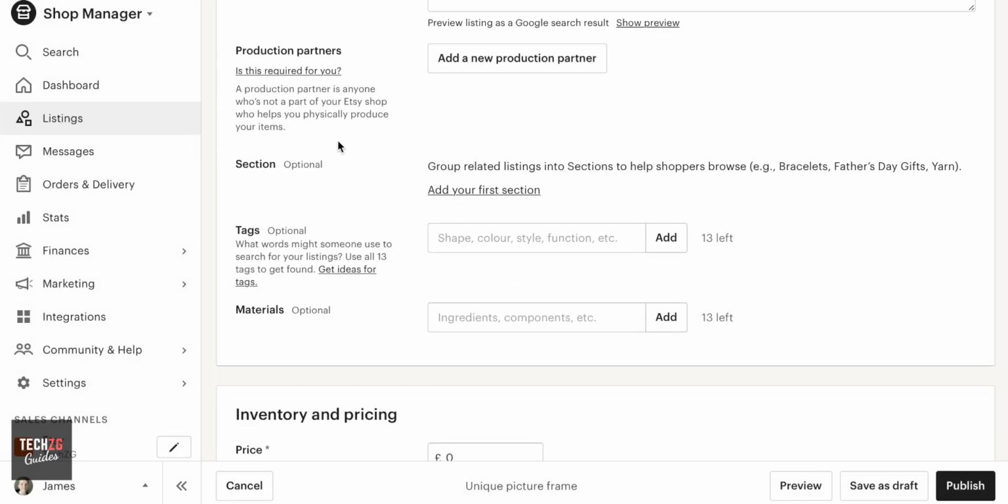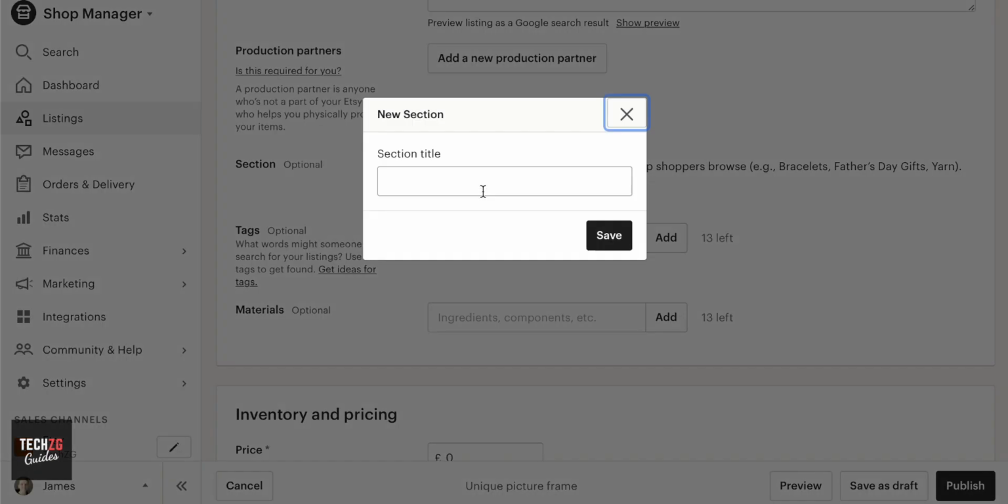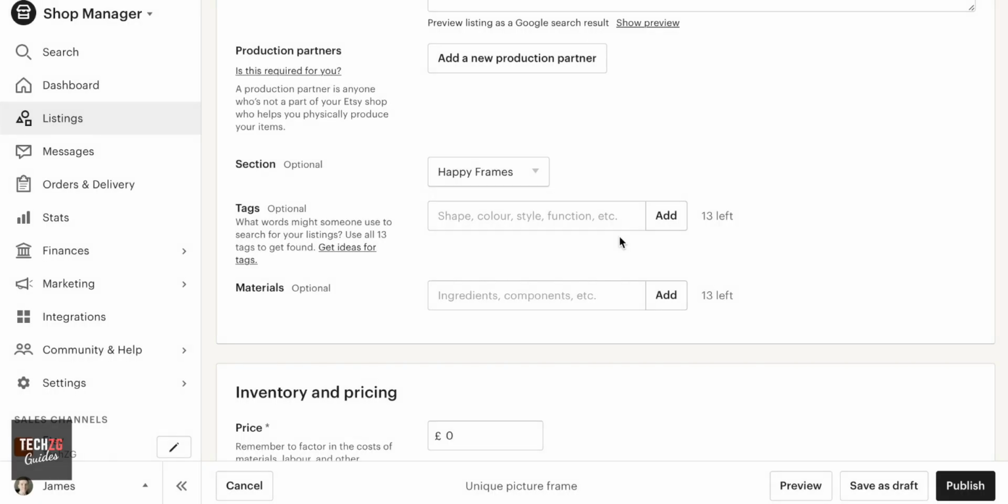You may also here want to actually add some related listings that you have. So if you have a lot of other picture frames or whatever it is in your shop, you can actually just add some other sections in here. So maybe happy frames like this, and that will be in there. That will be a section. This is essentially like a playlist of a lot of similar items. So I have created this now. So maybe if I have some other listings, I can put them all within the happy frames section. People can go to that part of my store and see lots of different items that are maybe within the similar